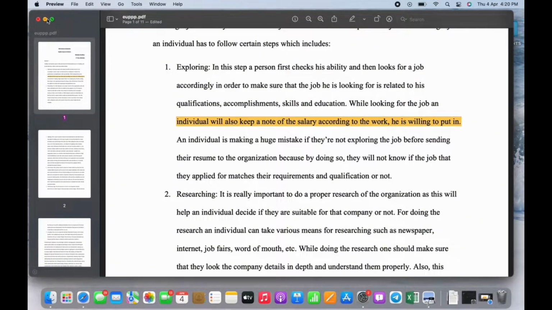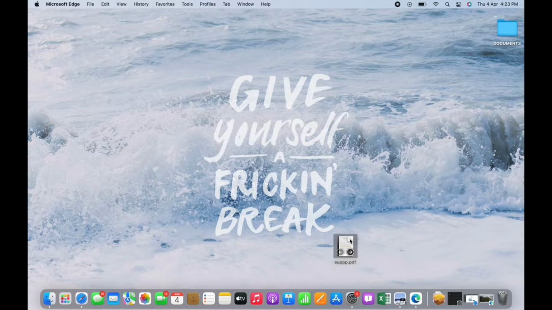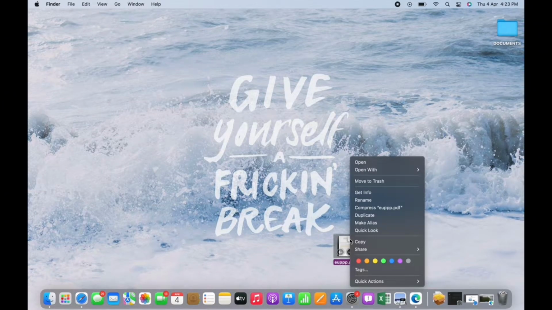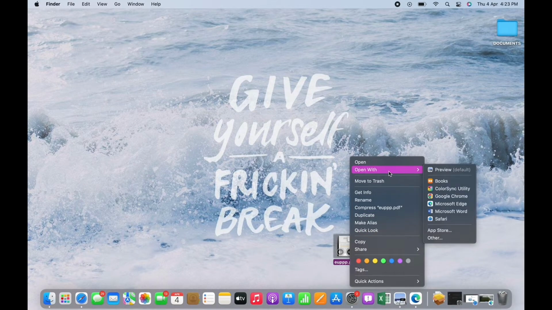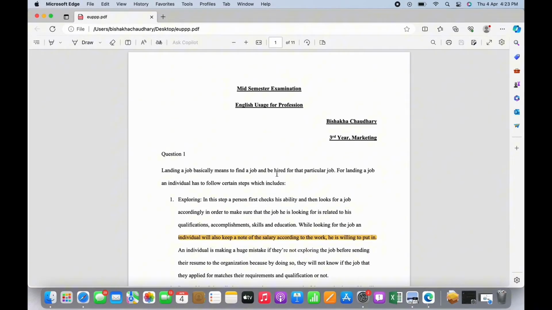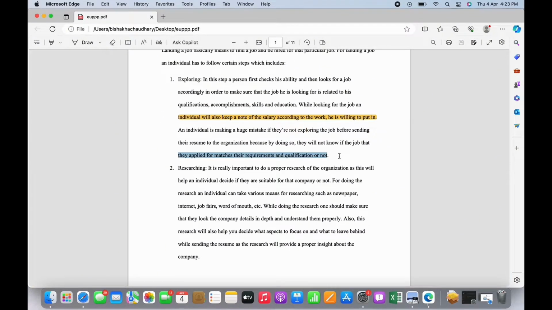And now to highlight a PDF in Microsoft Edge browser, make sure you have the Edge browser on your device first, and now locate the PDF and right-click on it. You will see the option for Open With. Place your cursor on that and you will see the option for Microsoft Edge. Tap on that to open the PDF on Edge and now select the portion of the text you want to